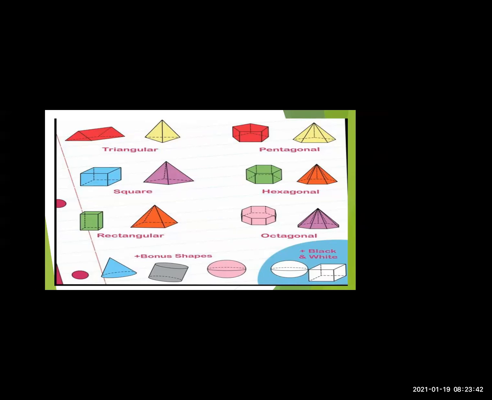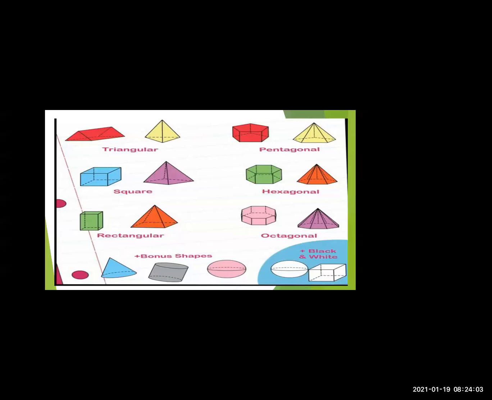Coming to the top, the pentagon means having 5 sides, but it has more than one base. So it's called a pentagonal prism. But if it comes to the point, only one base, a pentagon, it has, so it's called a pentagonal pyramid because it has the coverage of triangles from all the sides.